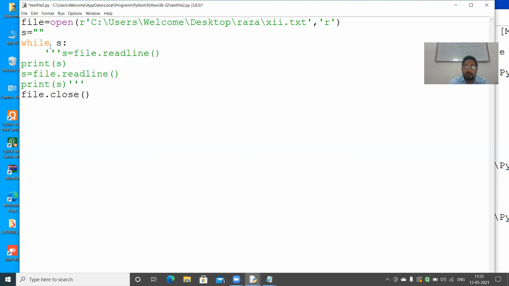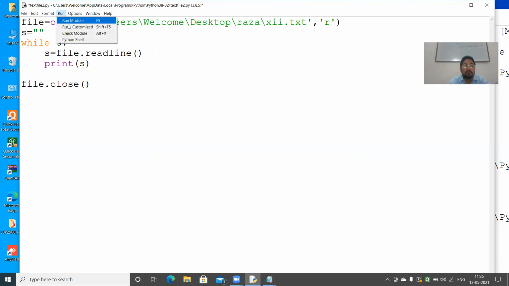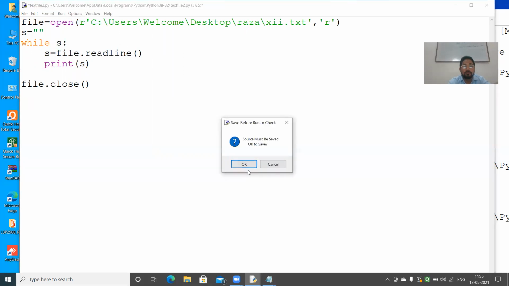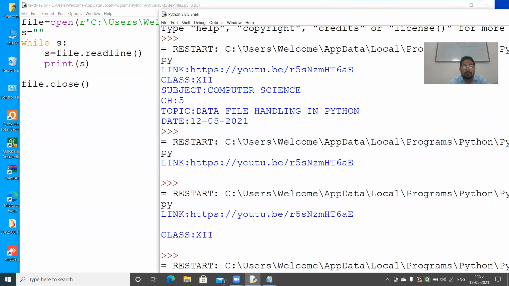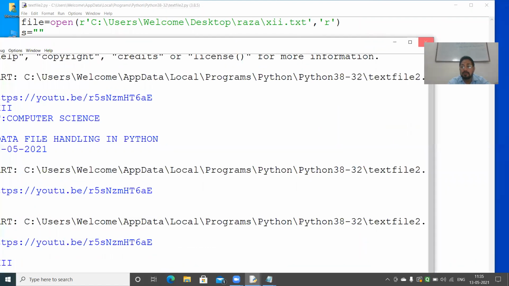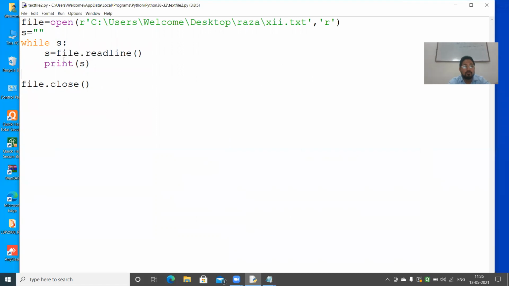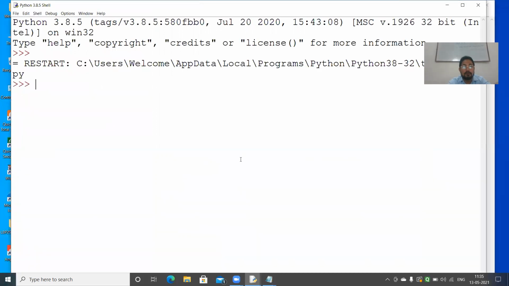I'm using looping, so no need of writing again and again. Just see this. Run. Okay.